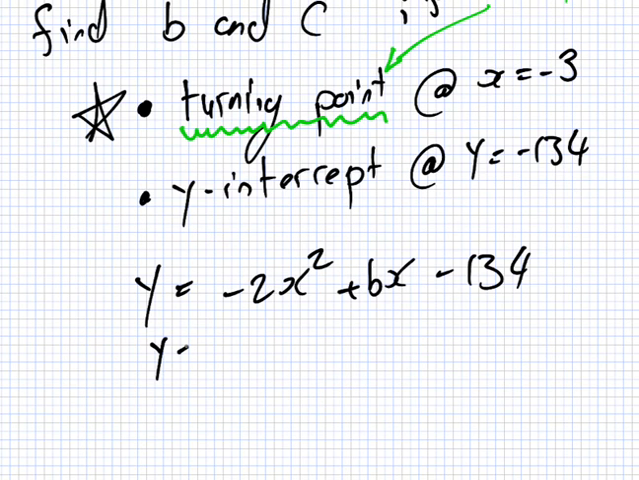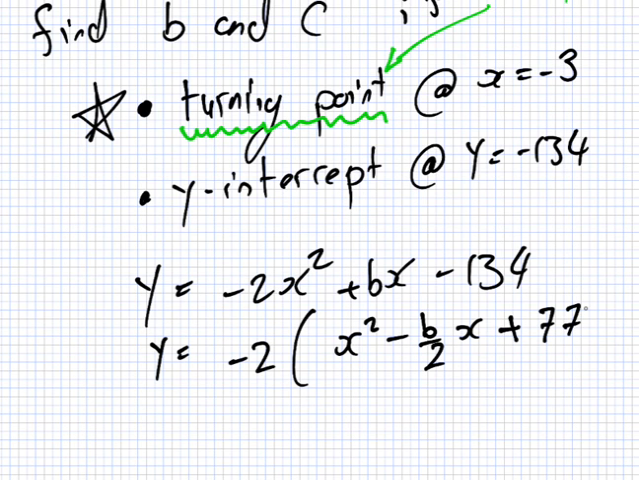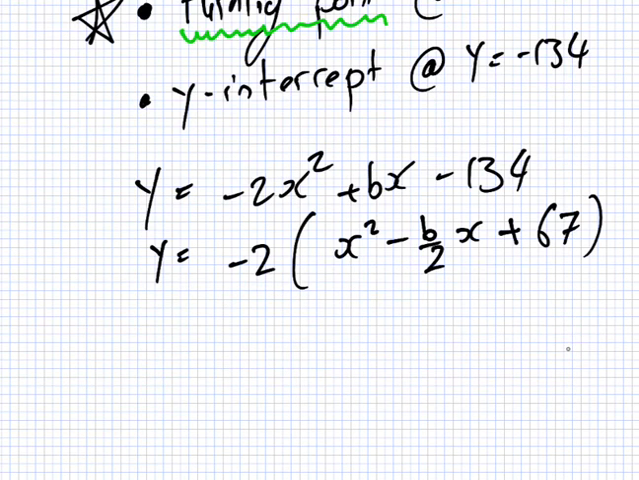I get y equals minus 2 times x squared minus b over 2 x plus 67. Is it? No, it's not. Wait. 134 divided by 2 is 67. Okay. So now I have